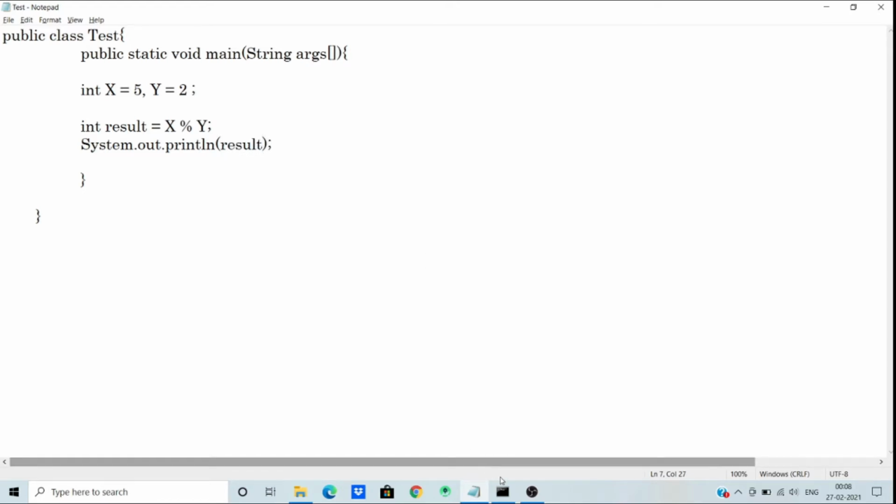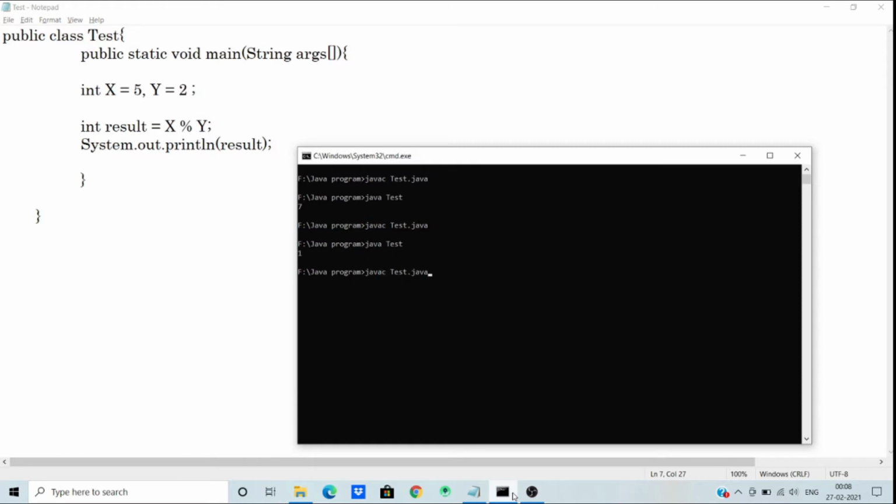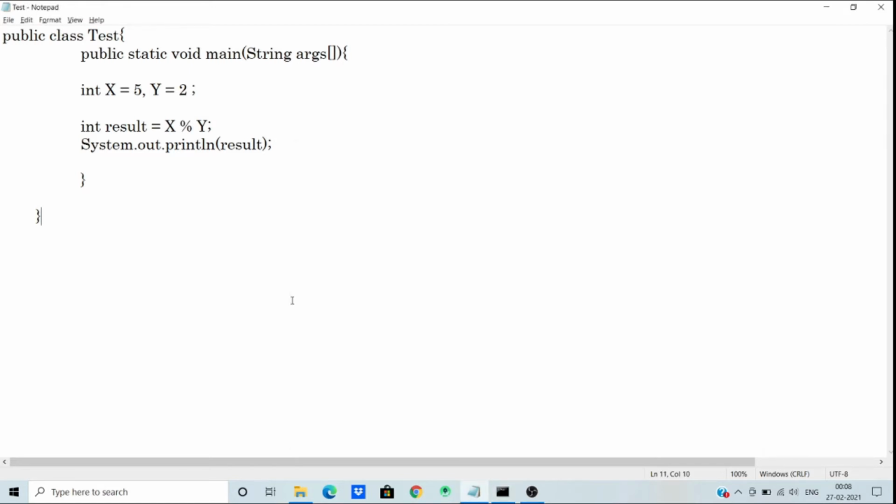So save this file, compile it again and run it. The output will be the same, but the method is different, because first we assign the result of this expression to result and then we print result.